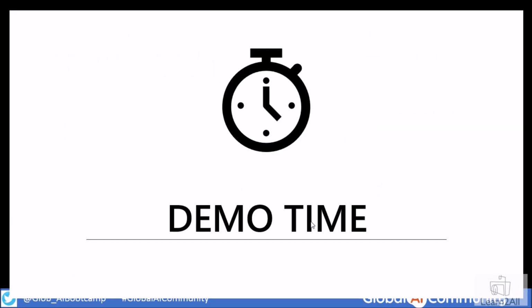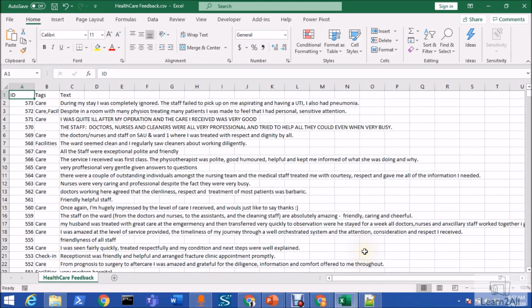Now it's demo time. First of all, let me show you my sample data source. This is my CSV file where I have different tags detected over here, and this is my feedback. You can see that I have so many records. Let me show you how many records I have.